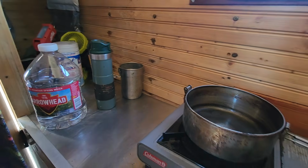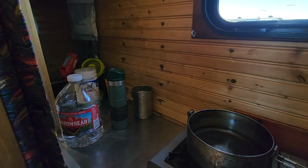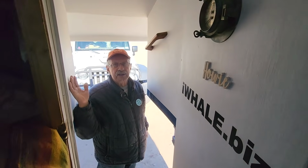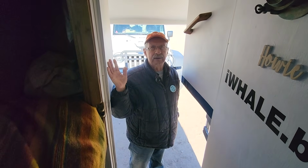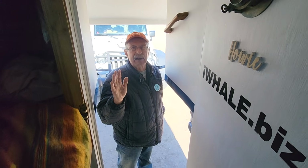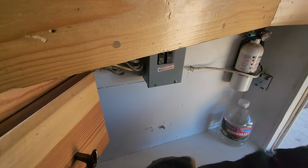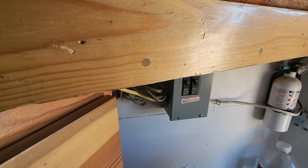So you've got another closet over here for a pantry. Now, to be honest with you, you don't want to ride down the road with any weight in these closets because it makes your center of gravity strange. So you want to look out your mirror all the time and make sure the back's not flopping around from side to side. So you got a toilet here and